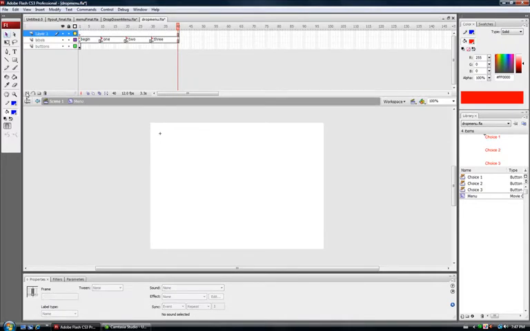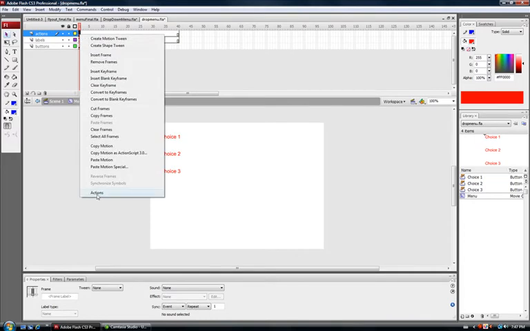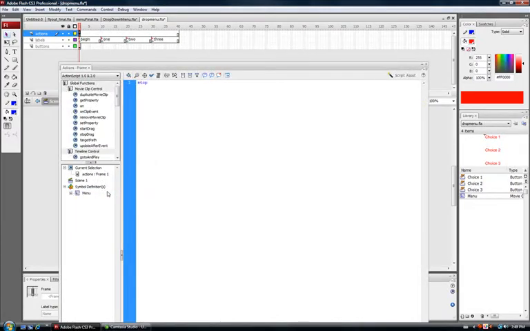Now we're going to add another layer, sorry, and it's going to be called actions. So we're going to press the insert layer. This one up here is called actions, and you've got to have them in this order: actions, labels, buttons. It makes it nice and orderly, and it'll work out better that way. Okay, so that's our actions layer, and we're going to add some keyframes with the F7 because they're going to be blank when we set them up, and we're going to put stops on all of them. So let's start off with this one. I'm just going to go to actions and type in the word stop. All right. Then I'm going to go here, F7, F7, and F7. So we're going to have some stops there. So we're going to put the code